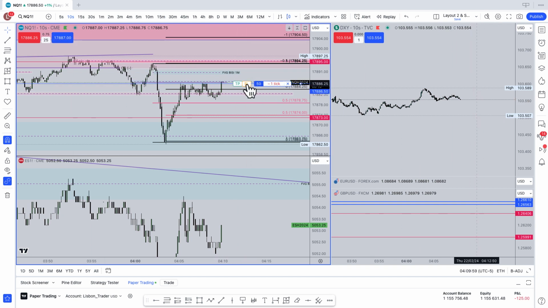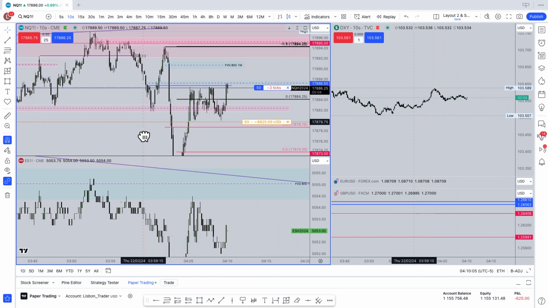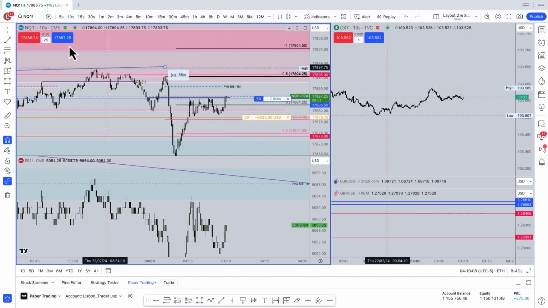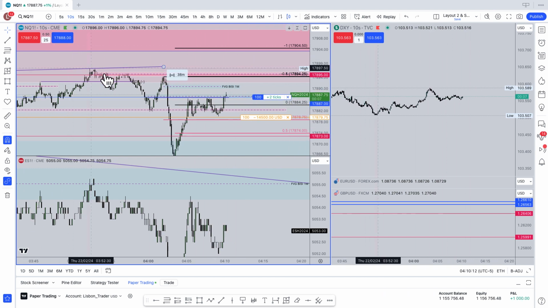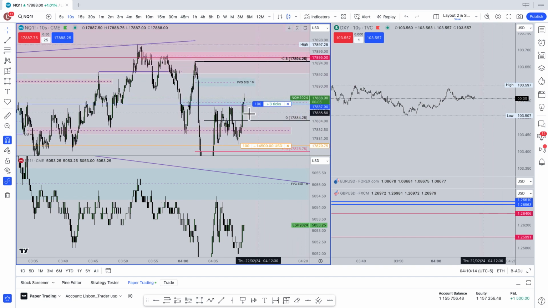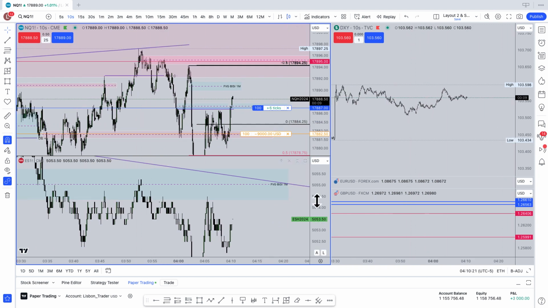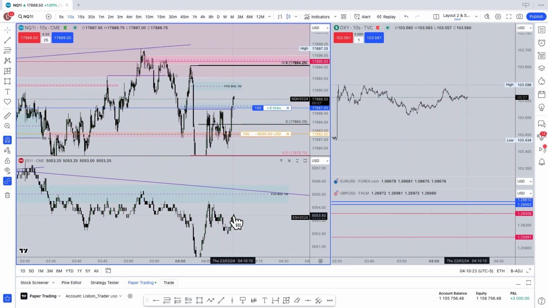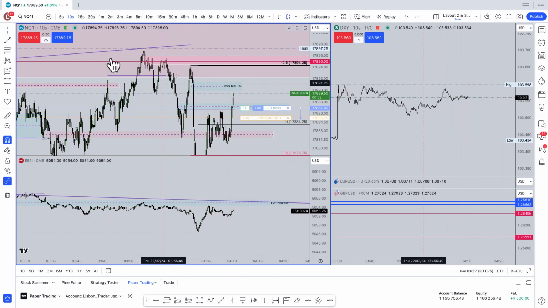Enter a very small portion of risk and see if we can turn it around. Yeah, it came above. Might be something like, no, this is clearly bullish, so let's